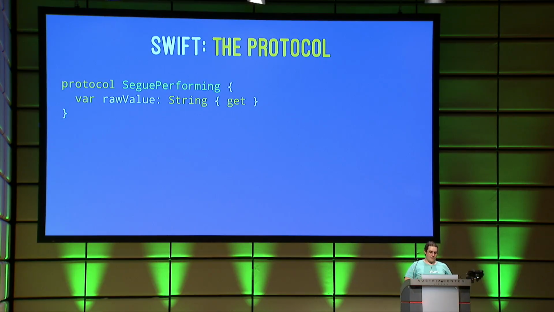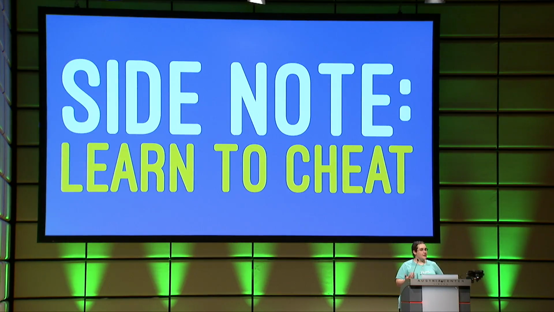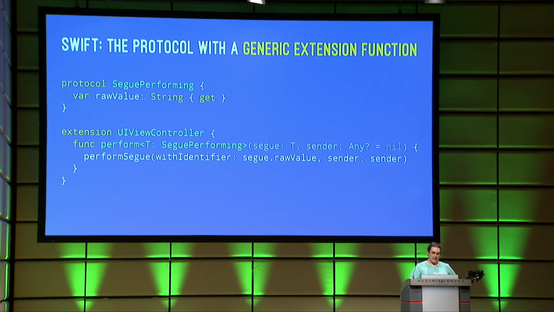Another thing that's kind of cool is being able to have a protocol where you can say something is segue performing. Here, one thing you'll notice is that it has a single qualification, which is that the raw value is a string that has a getter. This is basically cheating, because this is a way of saying, I want this to have the same qualifications as a string enum, so an enum with a string raw representable value. And then that way, as you learn to cheat, the only thing you actually have to do is pass in this thing that says